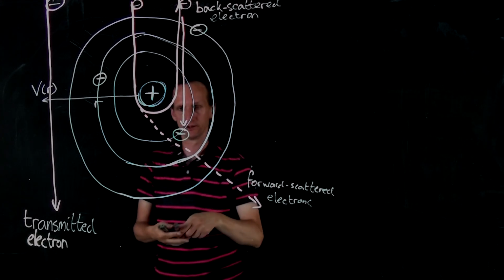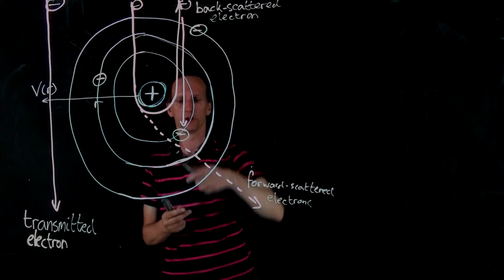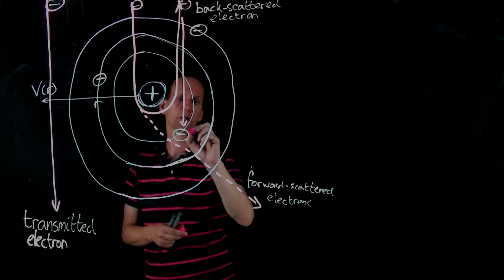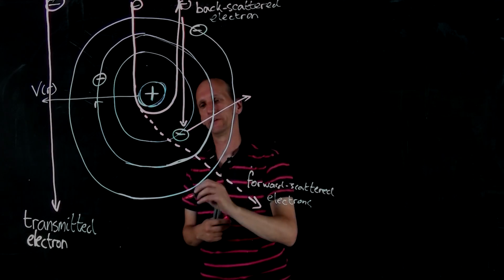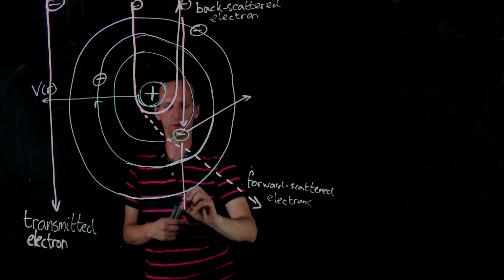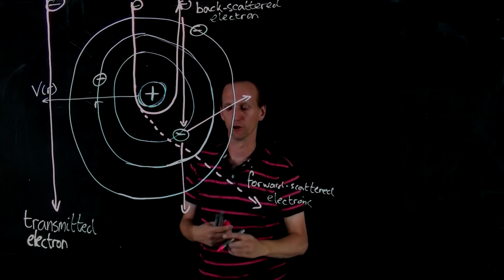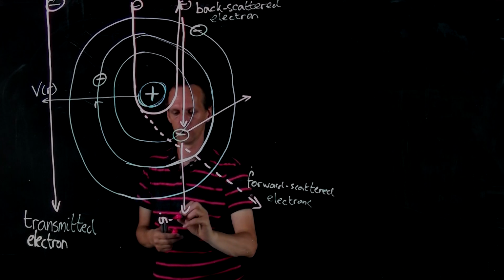In this case, this electron here will feel the repelling force of the incoming electron and may actually be kicked out of its orbit, and the incoming electron may just continue its path, but with slightly less energy. So this is what we call an